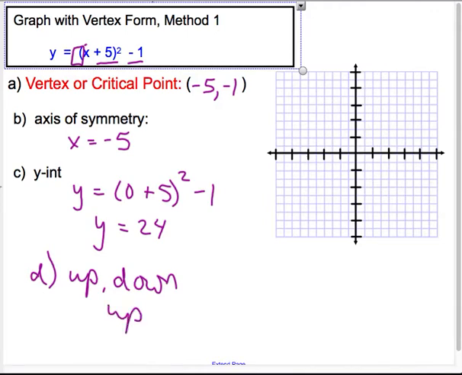graph opens up. With this y-intercept of 24, I'm going to have to do a big scale on here. So let's see. I'm going to do a scale of 4. So right here would be 0, 24, again using a scale of 4. And then our vertex, -5, -1, using a scale of 4, we're going to go left like 1 1/4, and